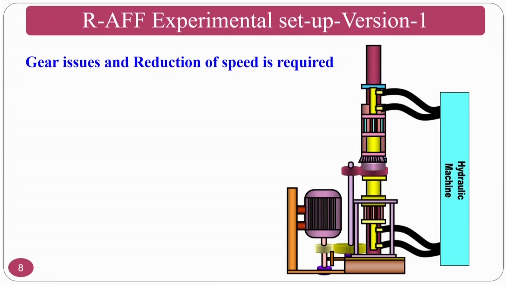This is version 1, design 1. The basic thing you can see is that we have a motor and a gear reduction system. Multiple gears are there, connected to a big gear so that gear reduction can occur, and on the same rod we have another gear reduction system, and this will rotate the workpiece parts. In this way the rotational abrasive flow finishing process is designed, but there was some problem when we designed it.